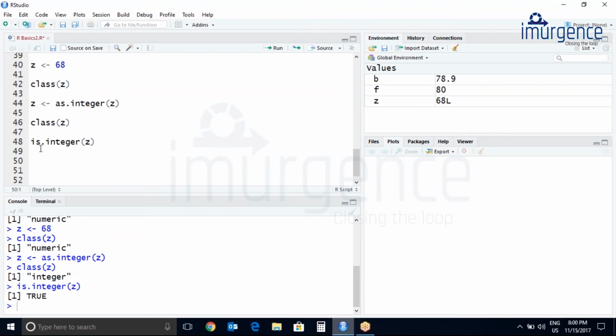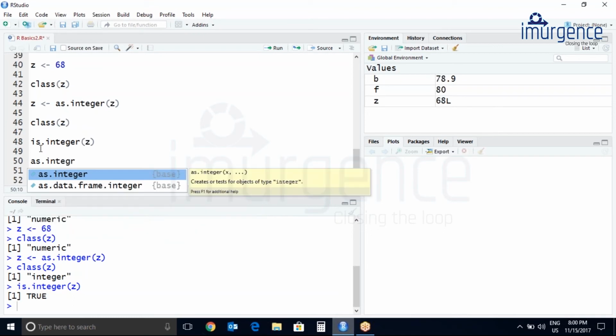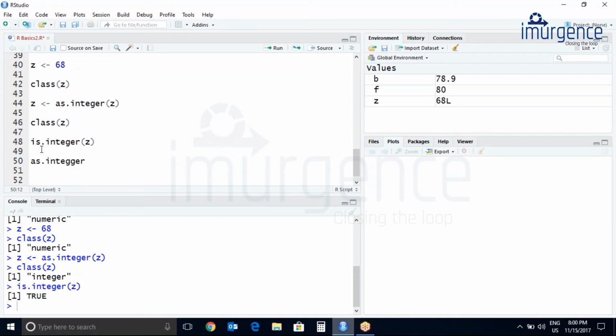Let's try to convert a numeric value to an integer, which is having a decimal value.